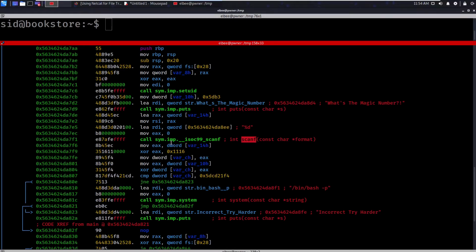We see here that, assuming var14 is our user input, we move it into the EAX register, and then we perform an XOR operation with EAX and this number. We move the output of this XOR operation into var.ch,